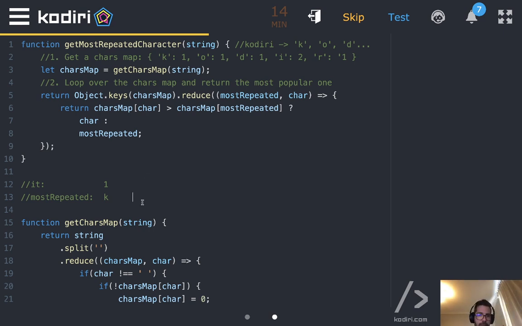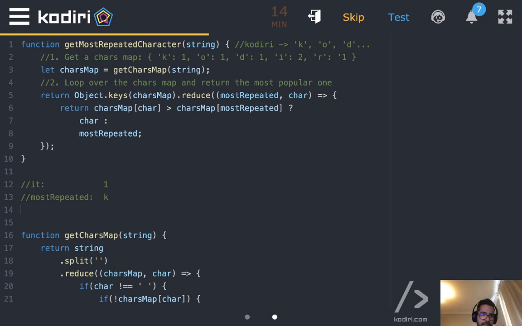That's correct. So then, for instance, Adam, can you tell me what's the value associated to charactersMap of? Sorry, no. Let me go back in time. So what was the first character, Dan? The first character. Do you agree on that? Is the first the most repeated? Are these the same then?